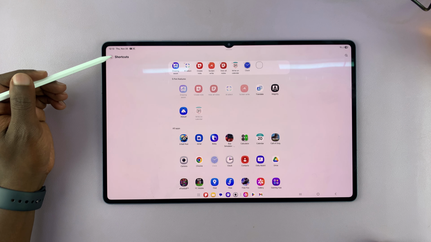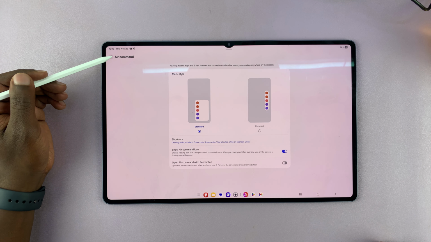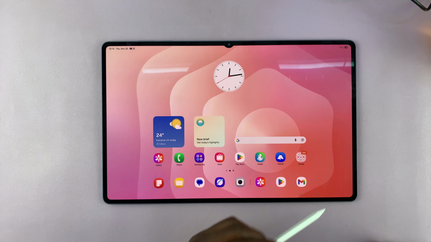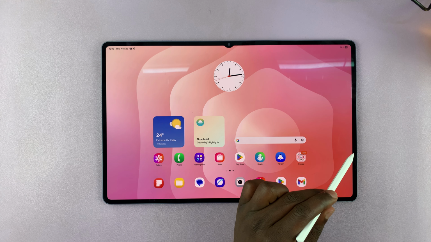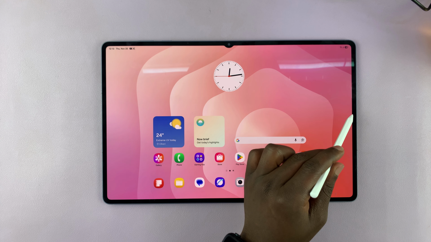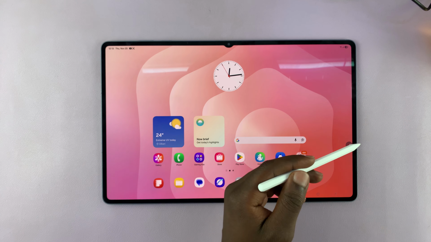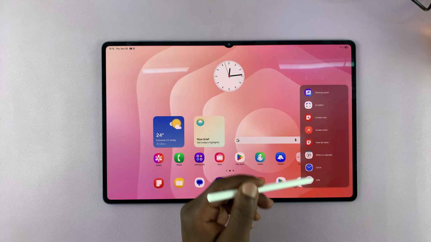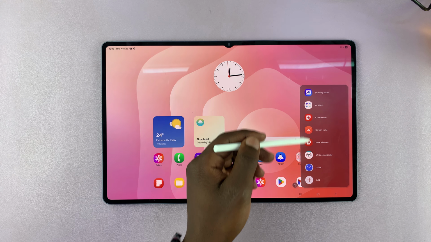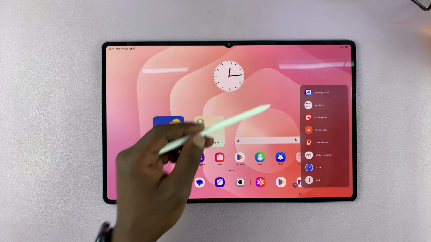And then once you're done, just hit the shortcuts button to go back home and back. And so now that's going to be your new list of air commands. So once you put your pointer on the edge of the screen and tap on that pen icon, you can now see all the apps you've added, and the ones we removed are going to be gone. So that's how